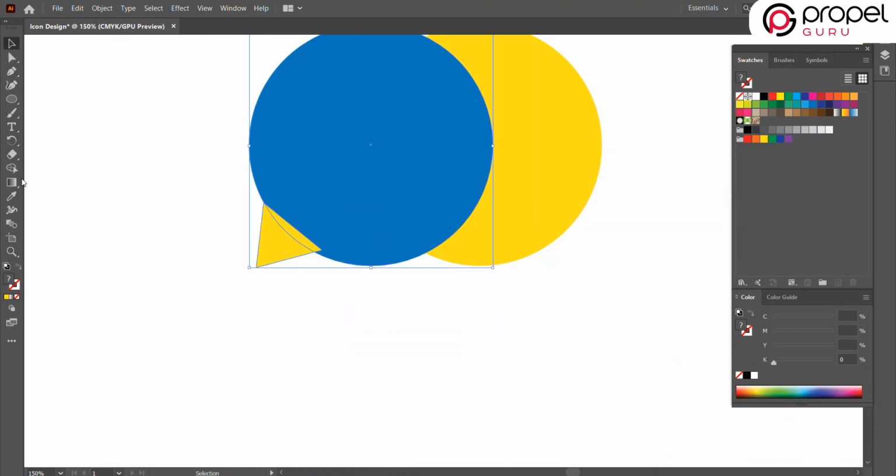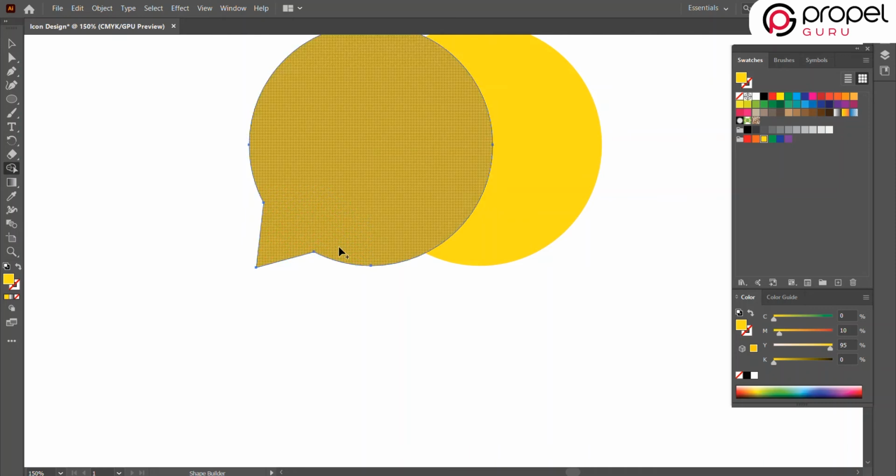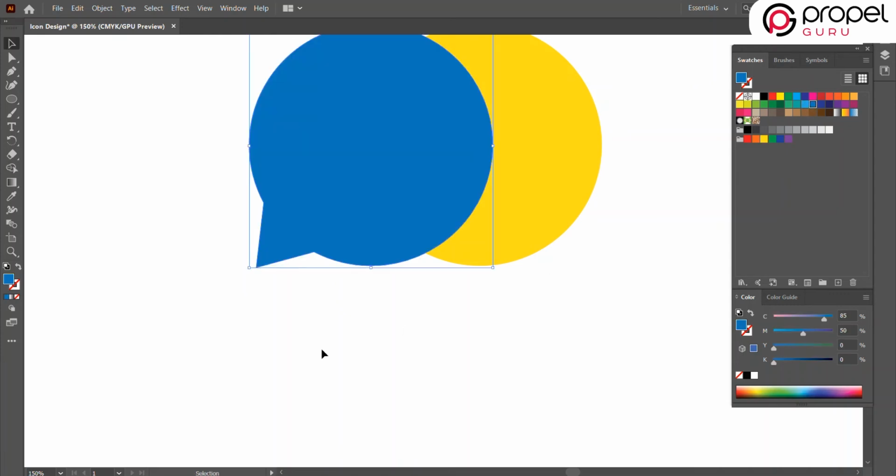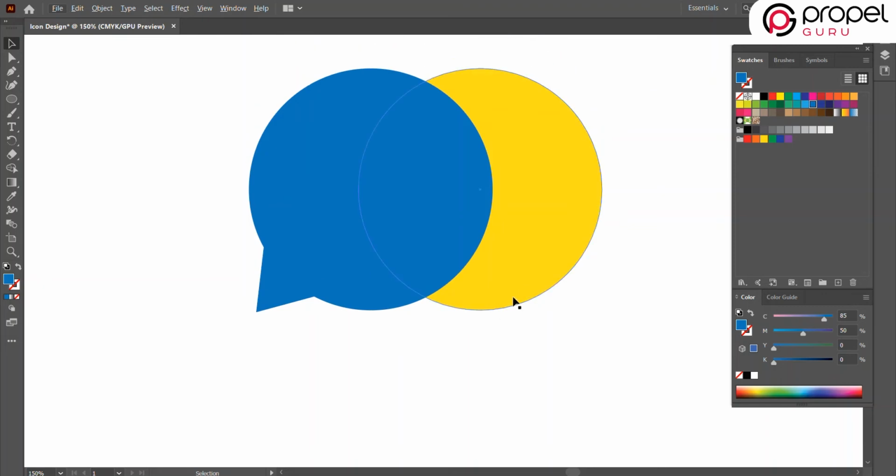Select the shape, go to the shape builder and merge both the shapes. As the color is changed to yellow, we will make it blue again. It is now looking like a chat icon.